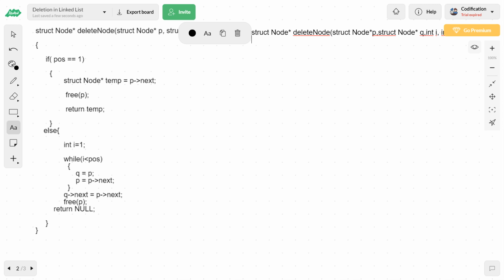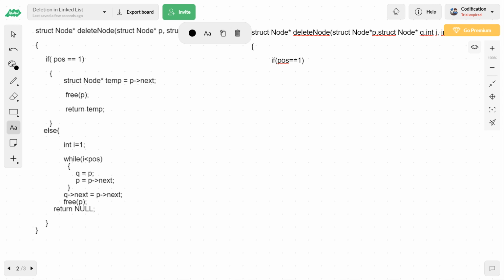That's it. Now inside this block, whenever I enter a recursive block, the first thing that strikes my mind is the bounding function, the base condition. What is this base condition for? This base condition is used to stop the recursion. So the first place where we can stop the recursion is if position equals 1.